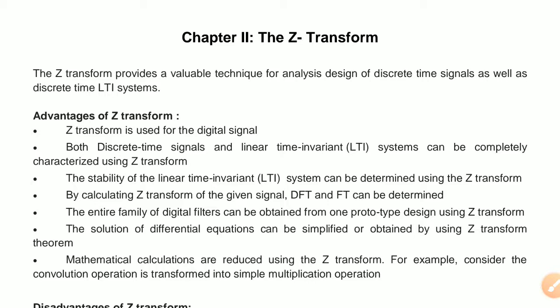So linear time invariant systems are a class of systems used in signals and systems, and also in the case of digital signal processing. Linear, what is linear? So linear systems are the systems whose output for a linear combination of inputs is the same as a linear combination of individual responses. Okay, so the total system output is the same as the linear combination of individual responses of the system.